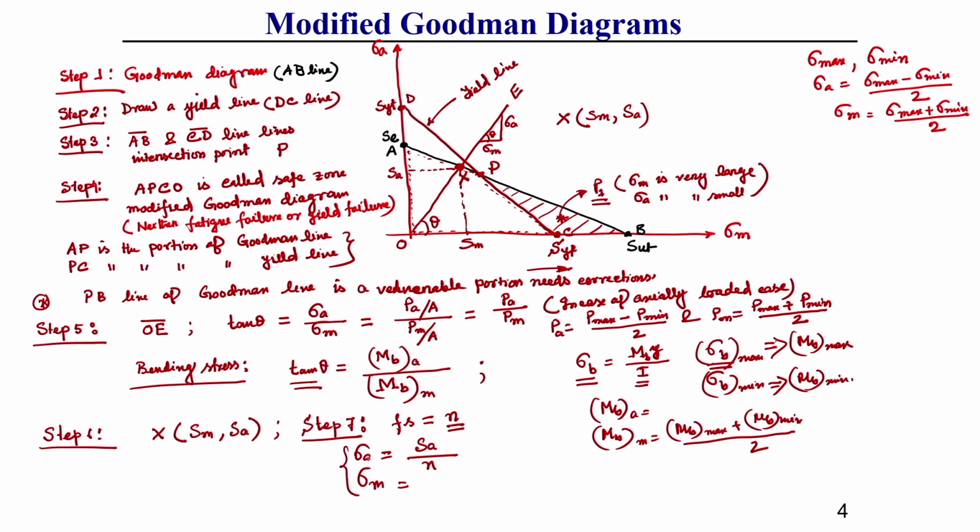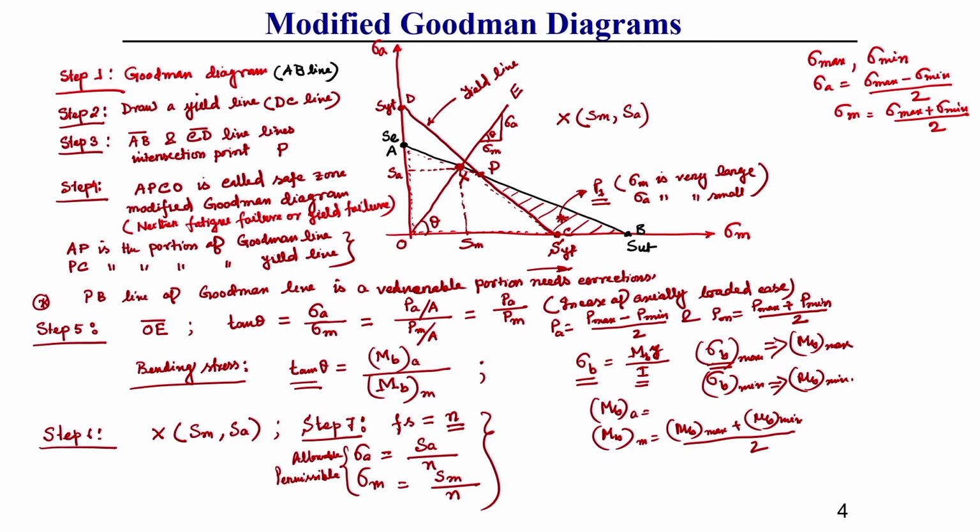So, here I am writing these are all allowable, or you can say permissible, or you can say design. So, mean stress will be Sm divided by factor of safety n, this you should keep in mind. So, based on these different steps using the modified Goodman diagram, we can design a component and we can find out the dimension of that component.